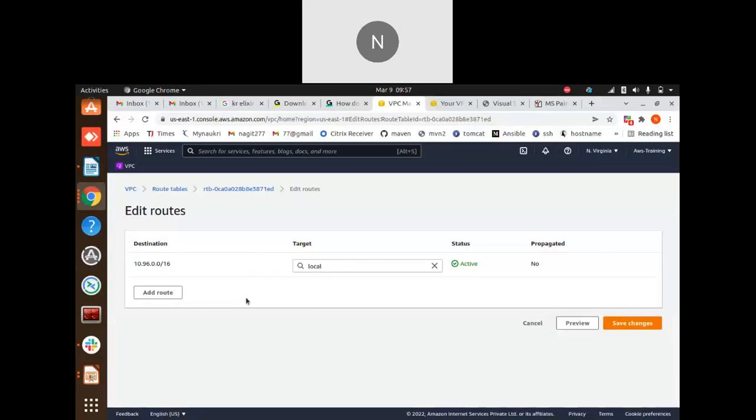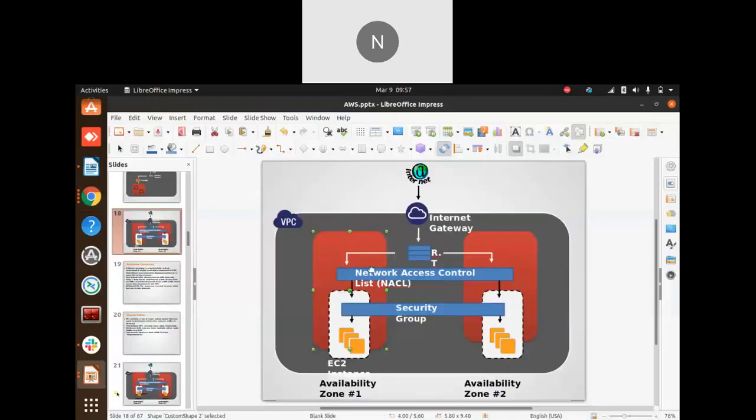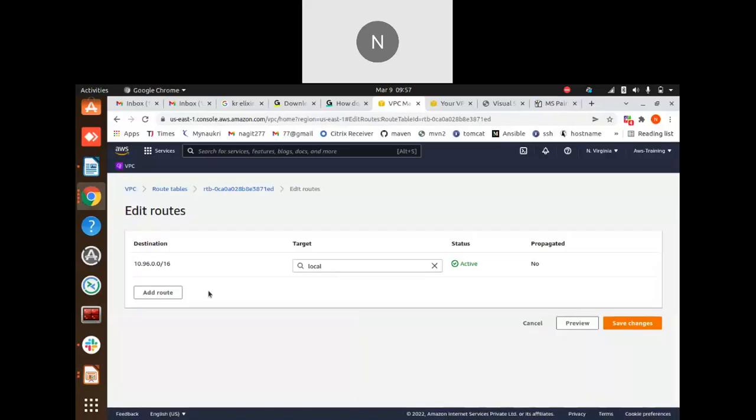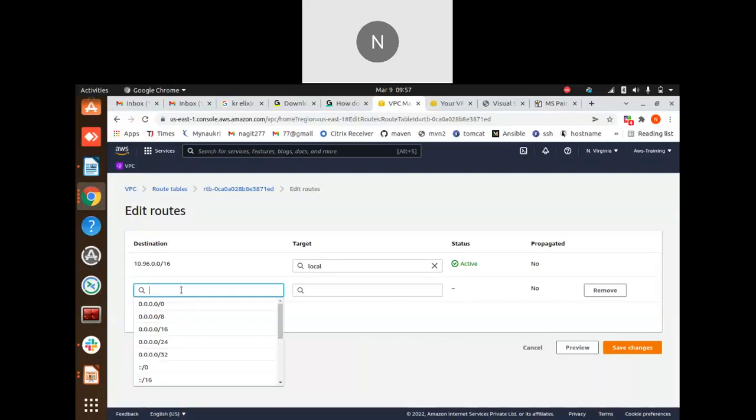But we need to communicate to the internet as well. We need to communicate from this subnet to the internet. If you deploy your server, your application, the end users who are using your application from the internet will connect to your servers. So if we want connectivity to the internet, we need to add a rule line. So here the rule is